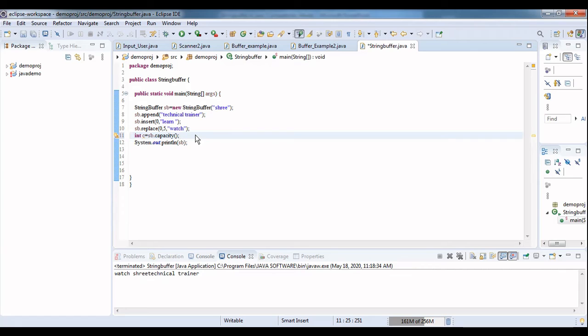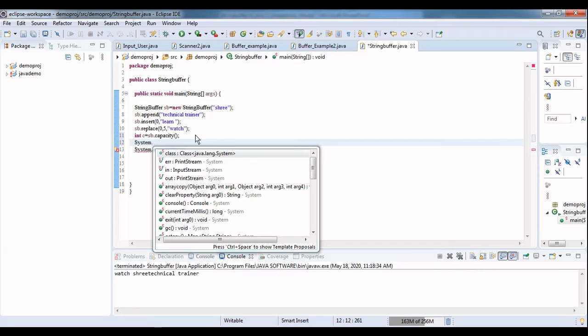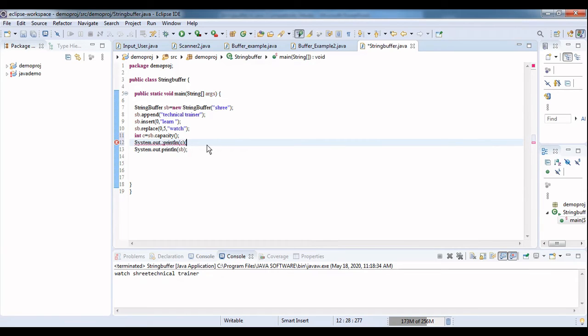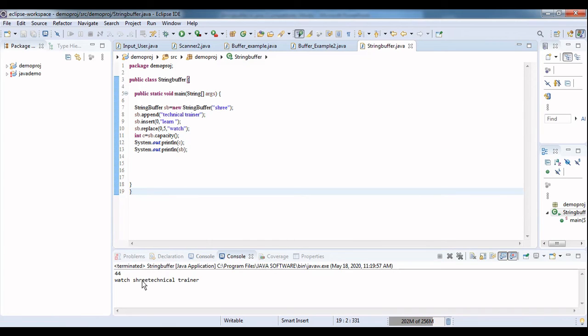Now let's display this C. System.out.println C. Let's see what the capacity is. I am getting the capacity as 44. So what is capacity? Capacity returns the current number of spaces allocated.